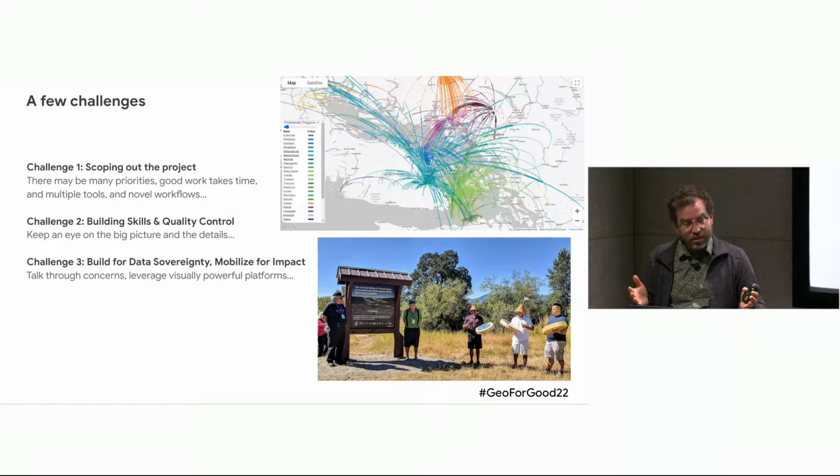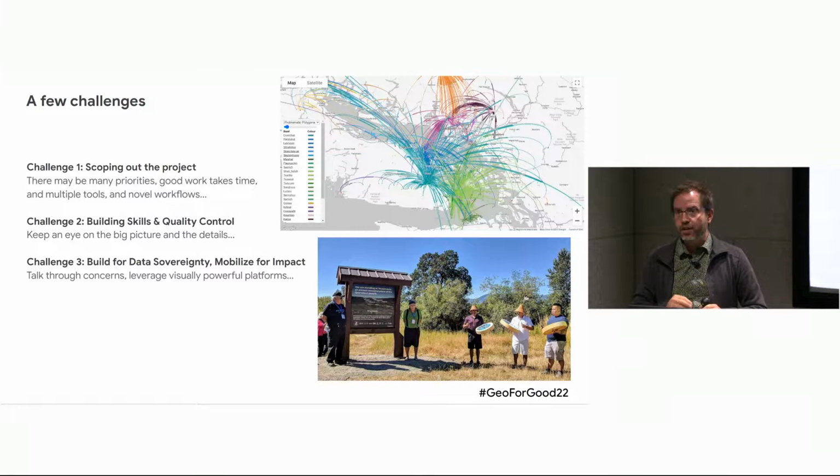And then the third challenge I would say is building for data sovereignty and mobilizing for impact. So thinking right up front about all those issues around how can we make sure that all of this information is in control of the community, and I think working in the language of KML is very favorable for that. Even if we're working in the cloud, working through a Gmail account that the community established and having the MyMaps associated with that account and so on, you can build those kinds of